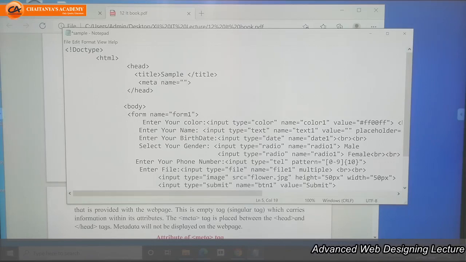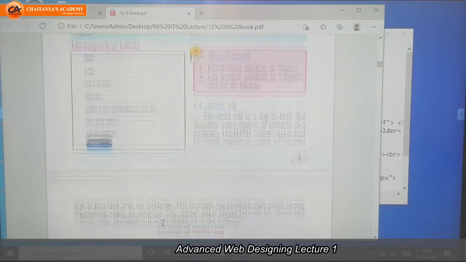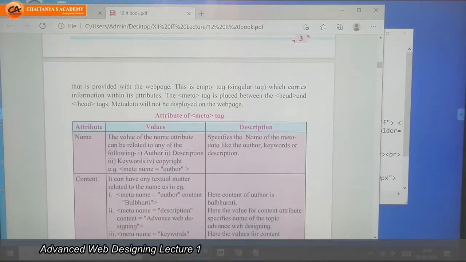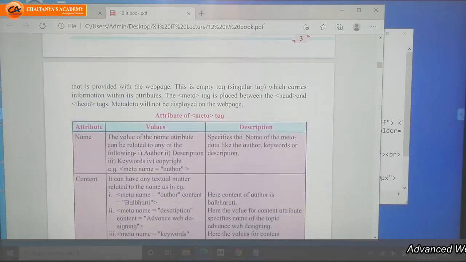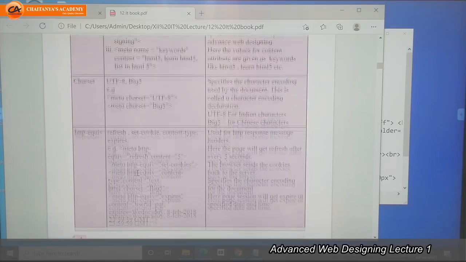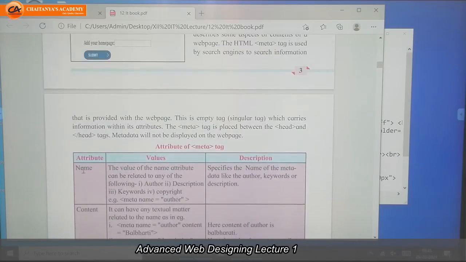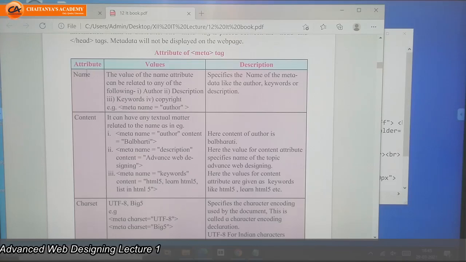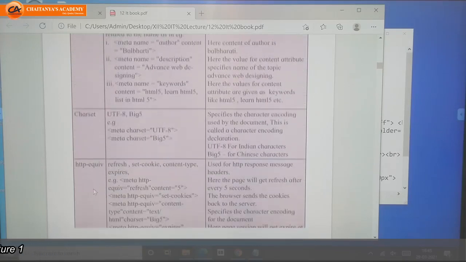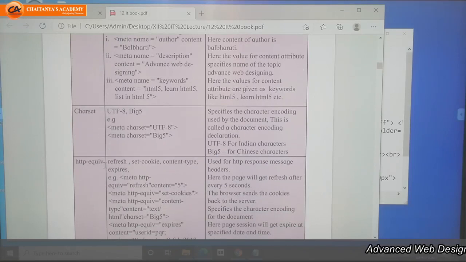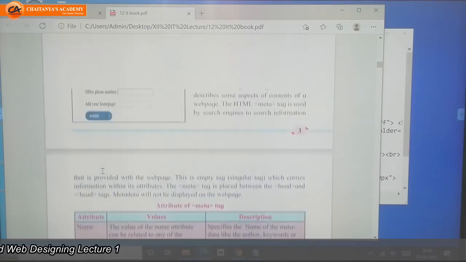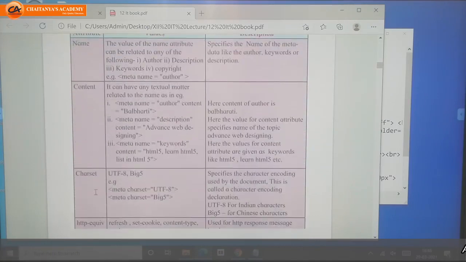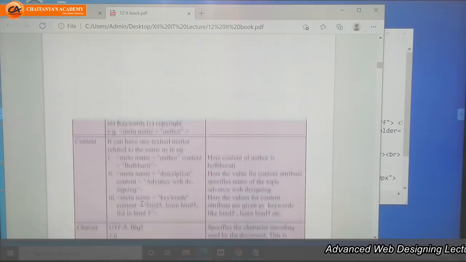In this meta tag, how many attributes can we use? We can use more attributes, but for your syllabus, you have only 4. Which are those? Name, content, charset, and HTTP equivalent. HTTP is the short form of hypertext transfer protocol equivalent.